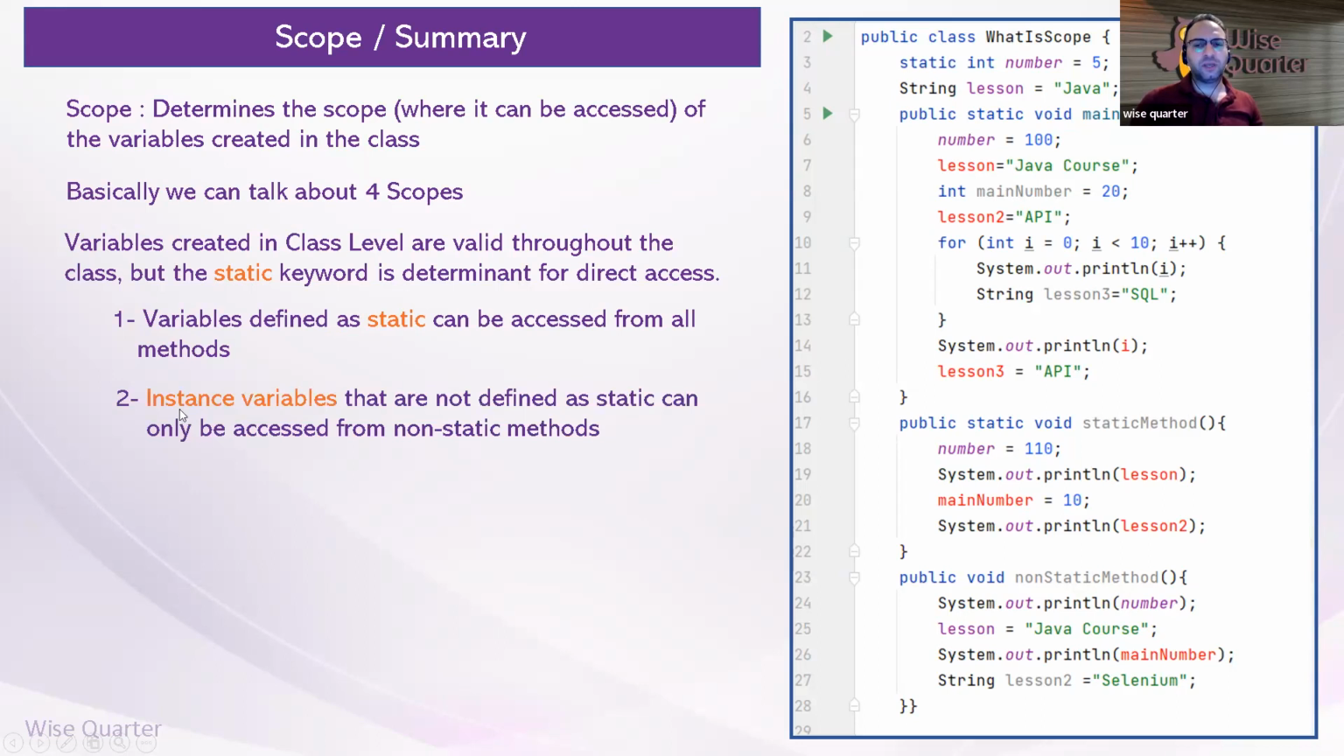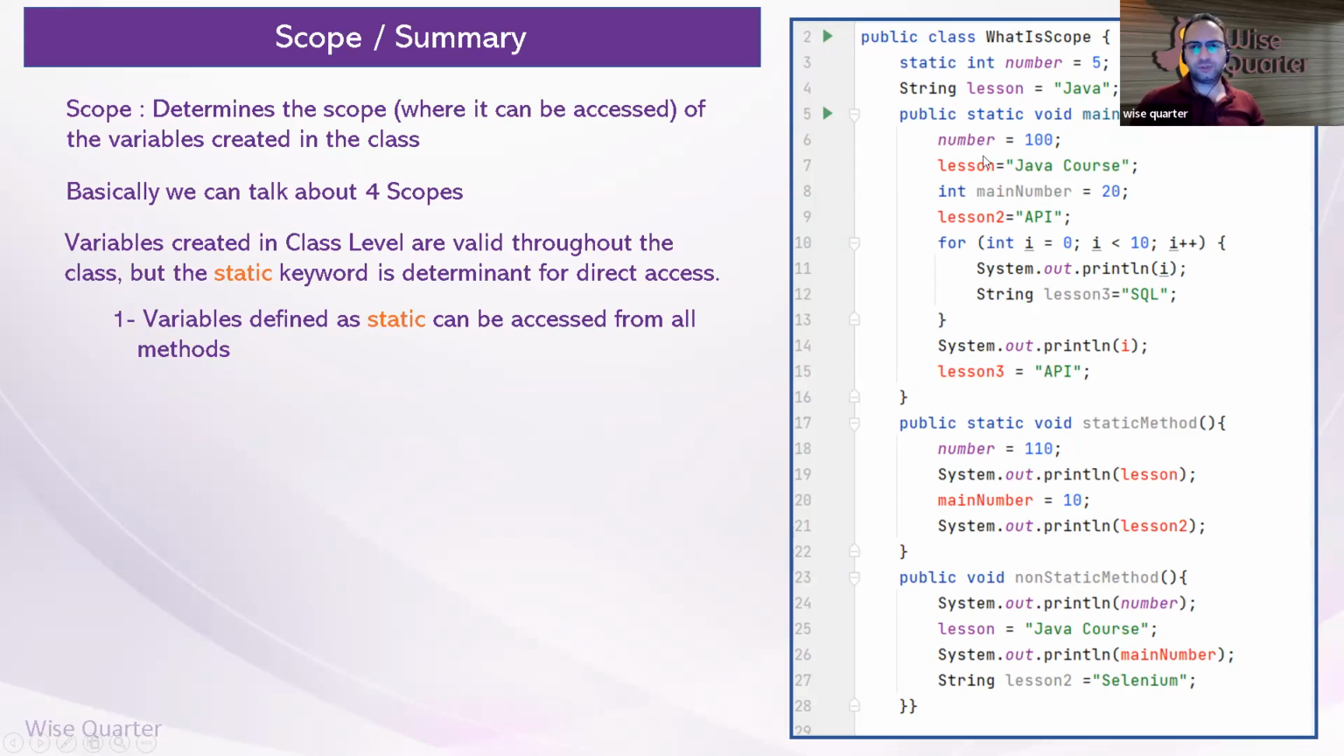Let me show you. Instance variables, from here, let's try to find them. I will carry this one. This number is a static number, as you can see. Let me use the pencil. It has been created outside of any method. This is the main method. This is a static method. And this is a